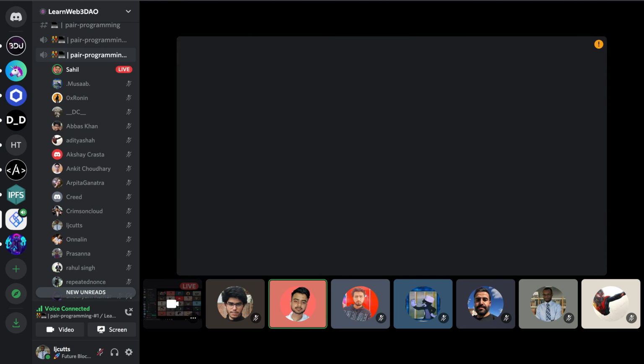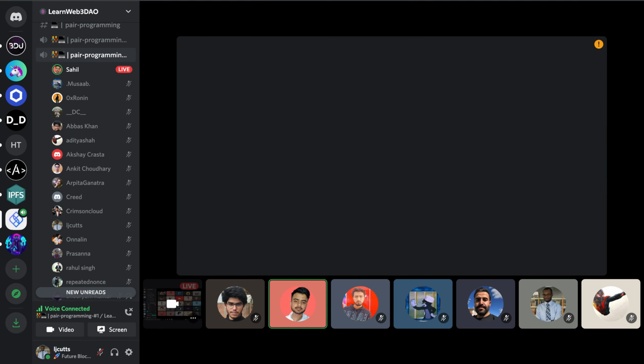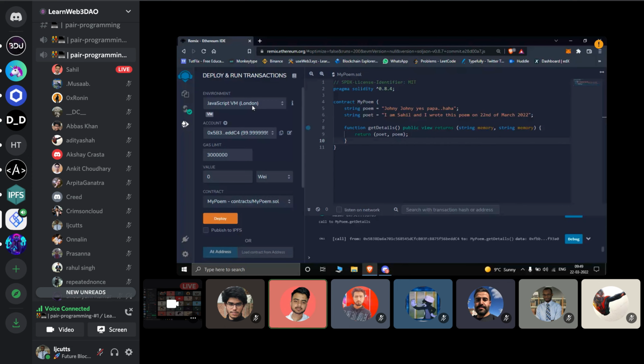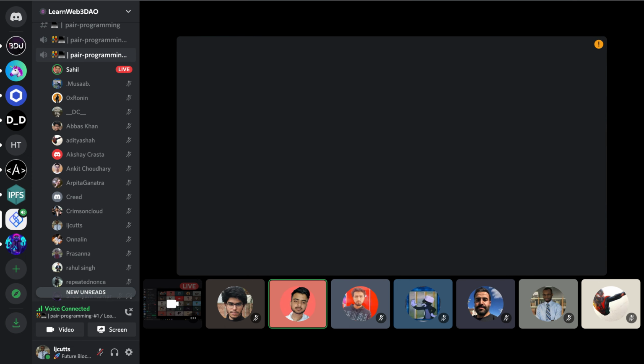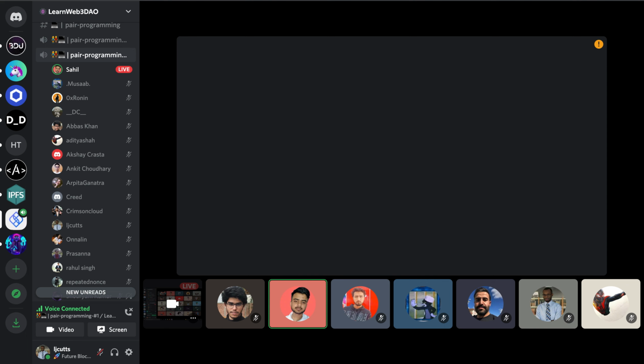So, what are mainnets and testnets? Mainnet is the actual Ethereum blockchain, and testnets are just duplicates of that mainnet. They are like the real mainnet, except we have fake ether there, and we can do all the stuff which we can do with mainnet. So let's deploy it on a testnet. For that, we have to select the injected Web3 option for our environment. As soon as I select it, it pops up my MetaMask, and it will ask me